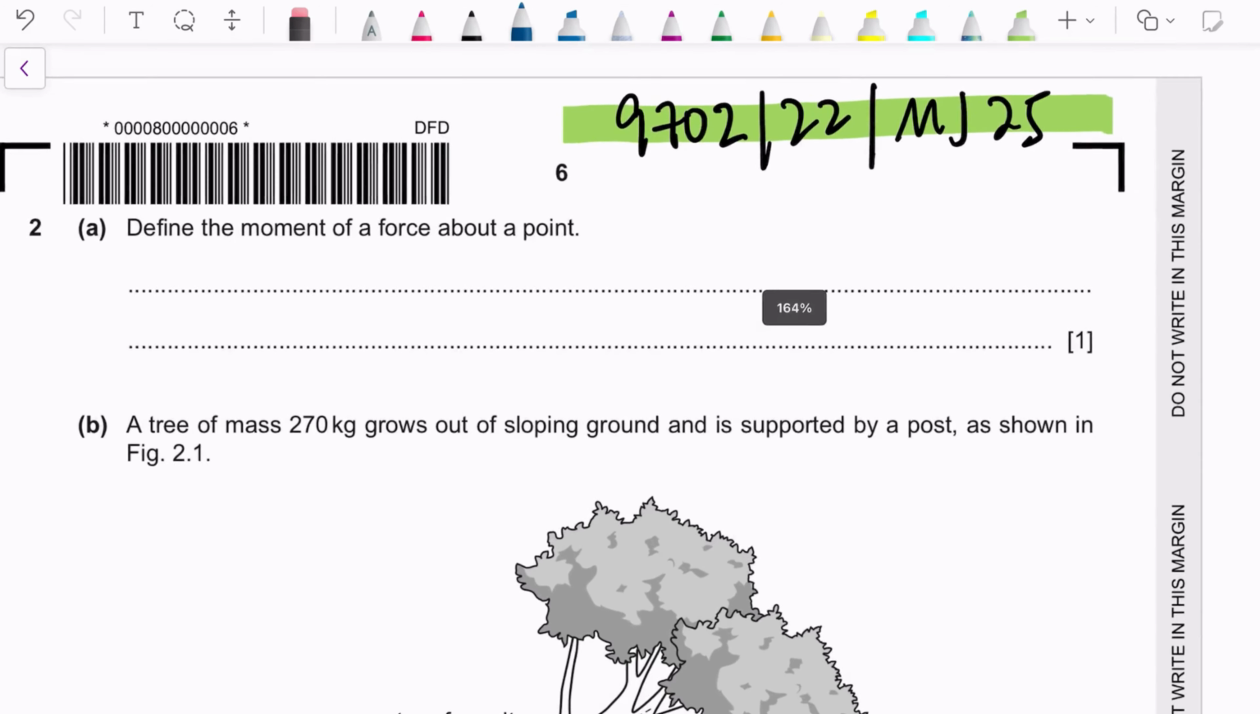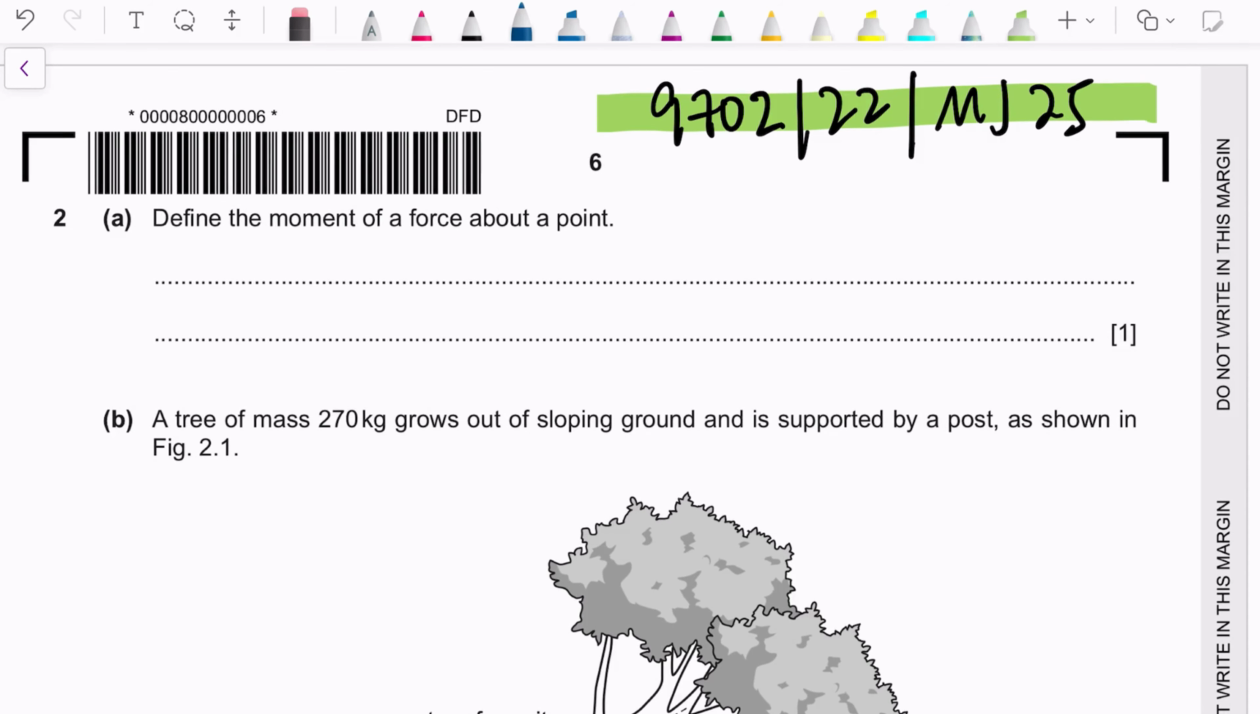First question, 2A, define the moment of a force about a point. As I've mentioned before, when it comes to definitions, this is something that you should know before you even enter your exam hall, because it is a free 1 mark. So of course you don't want to waste that free 1 mark, right? Anyways, the definition would be